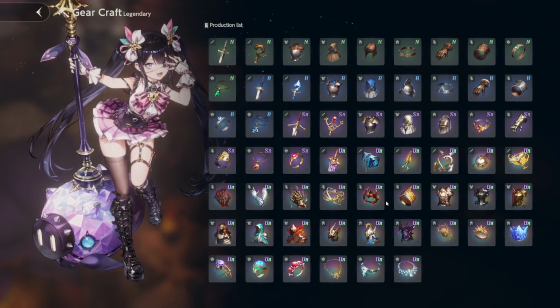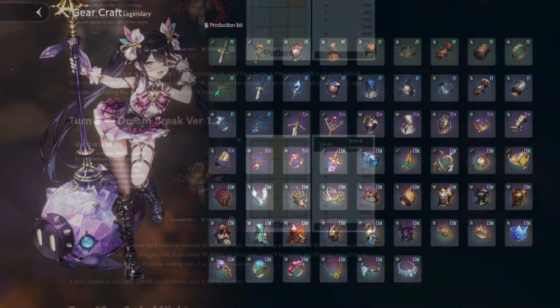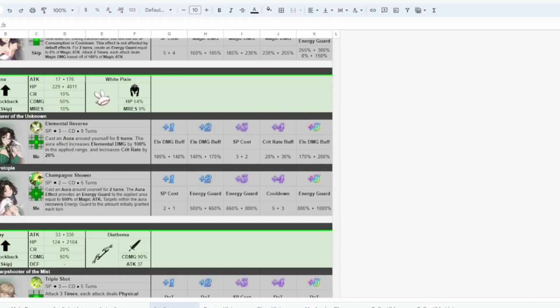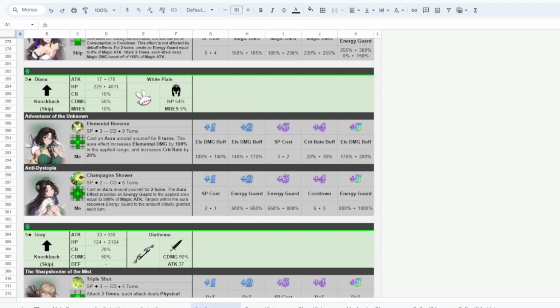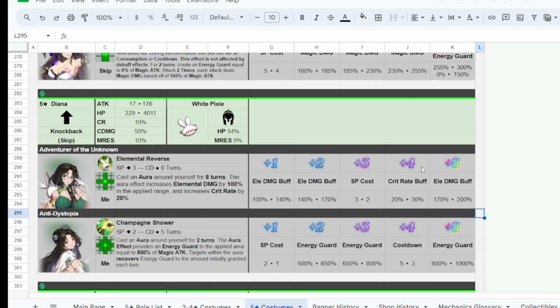This is just like a repercussion in case you don't pull the new Diana. I'll switch screen. We can go over to see. So for the new Diana,